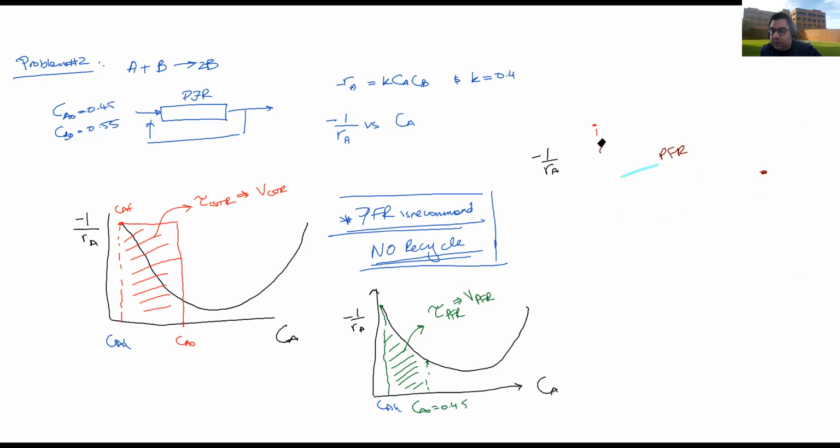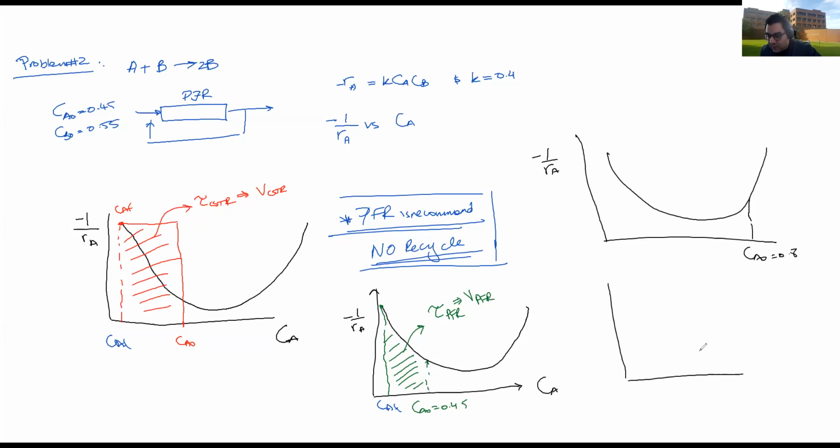So here I'm talking about a theoretical case where my CA naught is higher than my CA at the maximum reaction rate. So let's say your CA naught is equal to 0.8. And let's draw it again for comparing a CSTR and a PFR. Okay, so for a PFR in this scenario, and this is CAF,